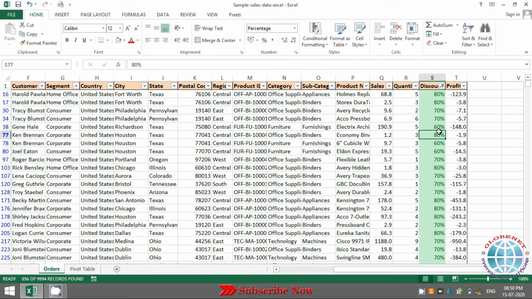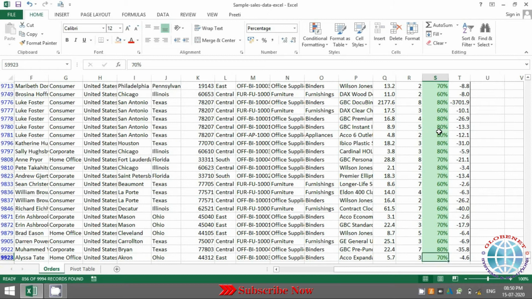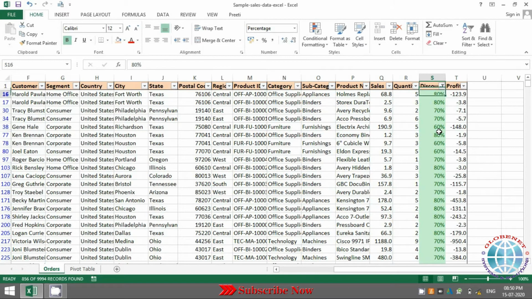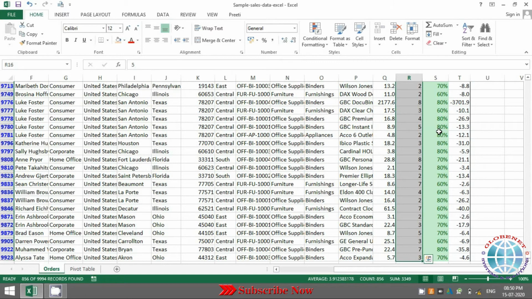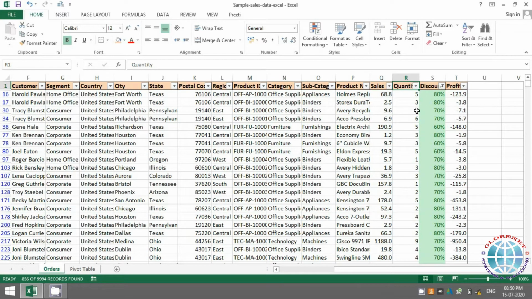So these are the entries, like these many records I have given discount more than 50%. I want to know the count, like a quick count. You can just do a Control Shift Down on the quantity. I want to see the quantity I have sold. So you get this, quick calculations in this area. So you get to see the sum. So quickly we can understand that we have done a sale of 3349 quantity with a discount more than 50. You want to remove these filters, you'll just do Control Shift L again.